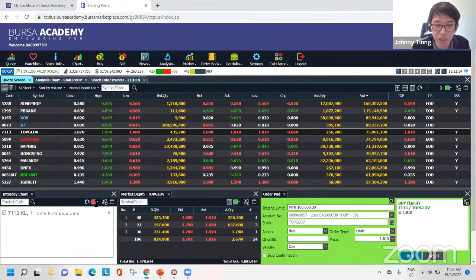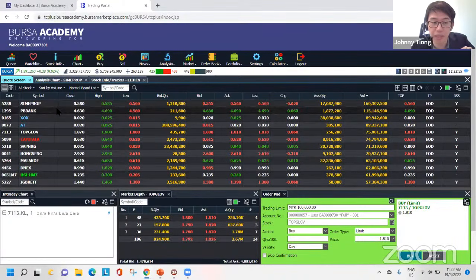So now I try to change this color to red. Meaning to say this main tab above here, and then also the market depth tab, a window, and also the order pattern, it is green color, meaning to say it's aligned. And then this is the anomaly here because I changed to red. So when I click, okay, public bank. So what changes is only the green color. And then this intraday chart didn't change because I put the color to red.